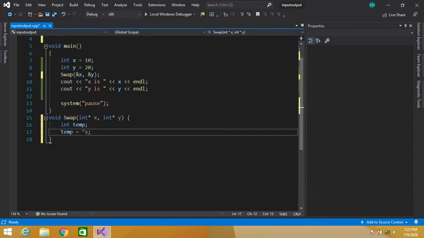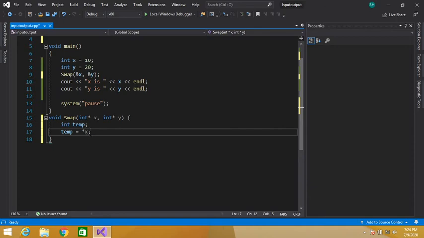This star is known as the dereference operator, meaning now it will store the value of this x variable in temp. If you do not use this dereference operator, then we can access the address of this. If we have to access the value of a variable, then we will use the dereference operator.